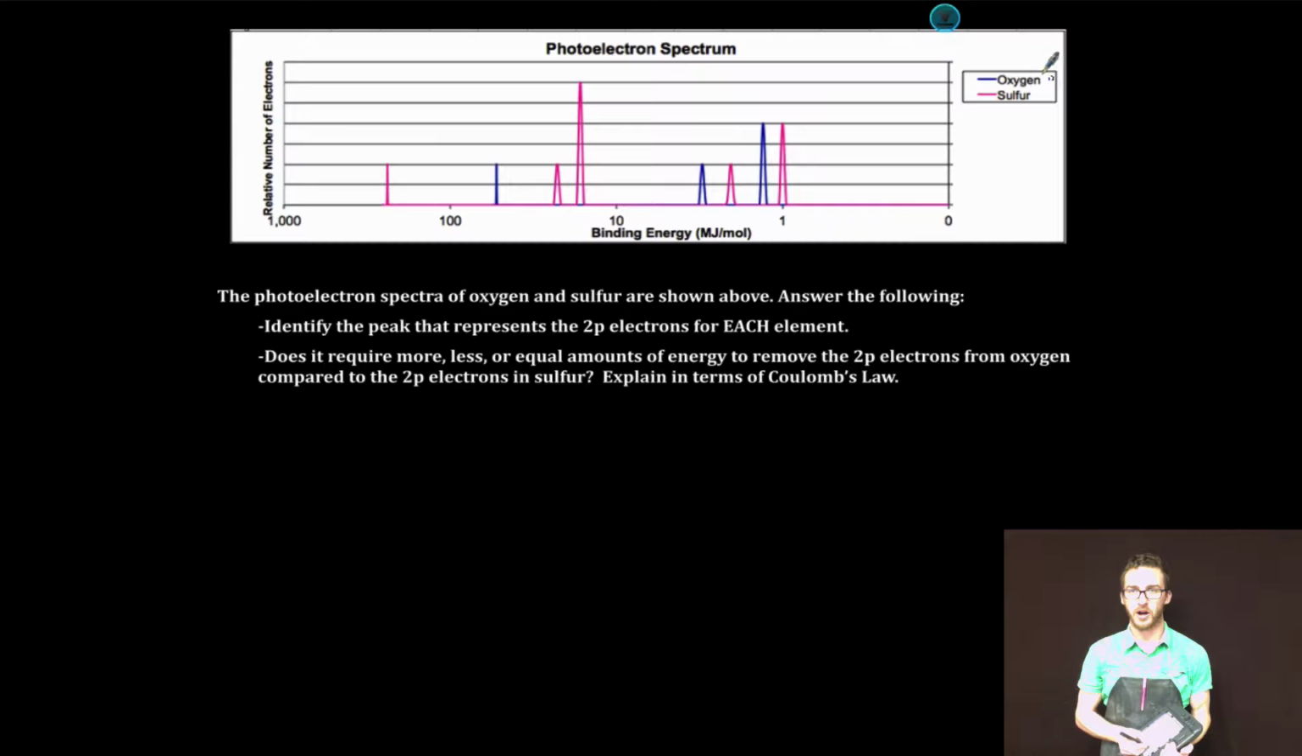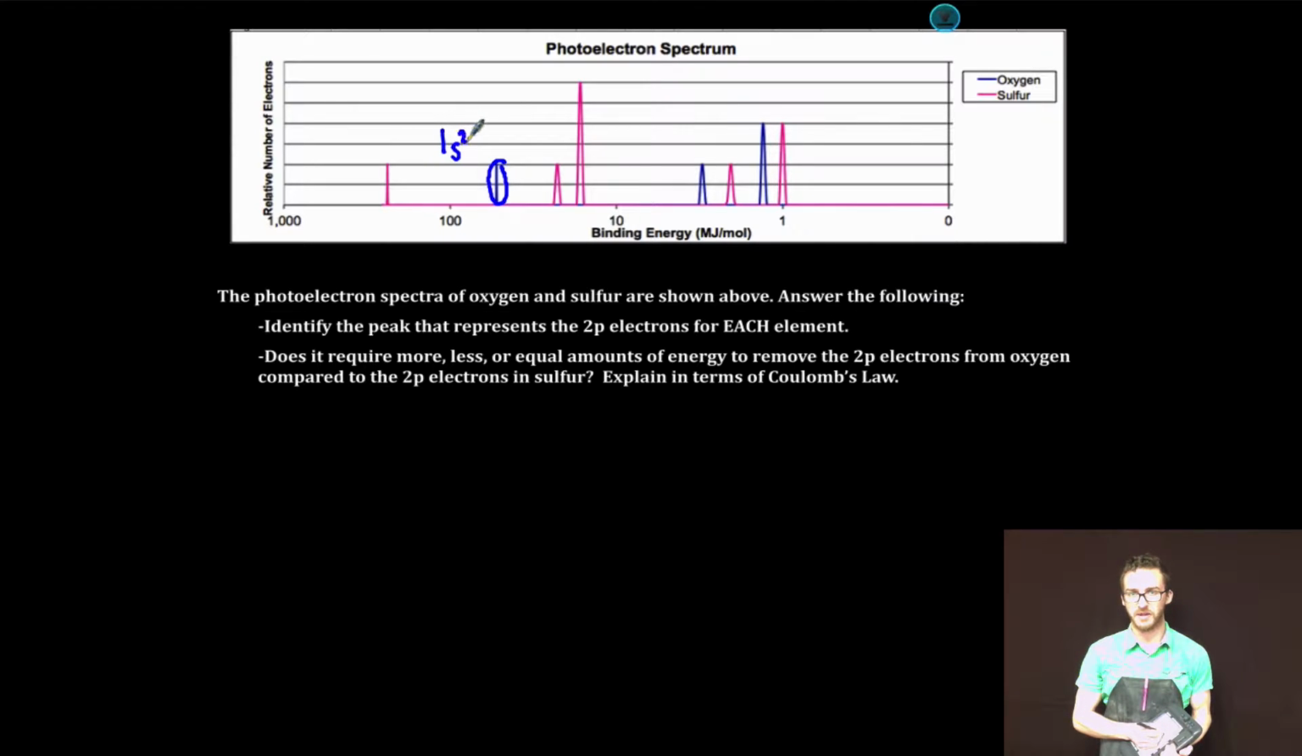All right, I'm gonna do oxygen in blue to match the key here. Again, realize that the height of the peak represents the relative number of electrons, and the position of the peak represents the relative amount of energy required to remove those electrons. So, for oxygen, the electrons that require the greatest amount of energy are these here, and those correspond to the